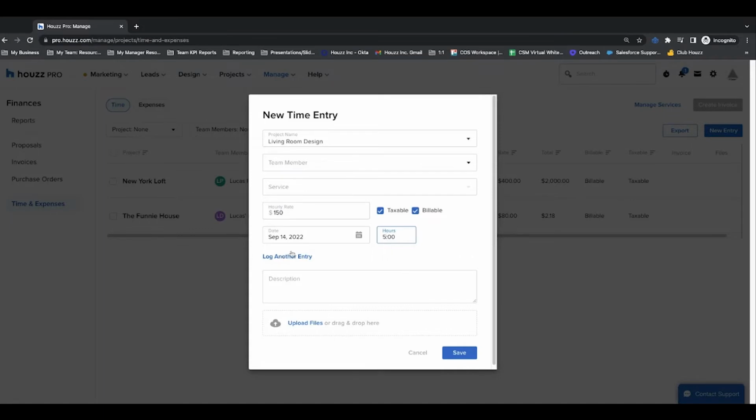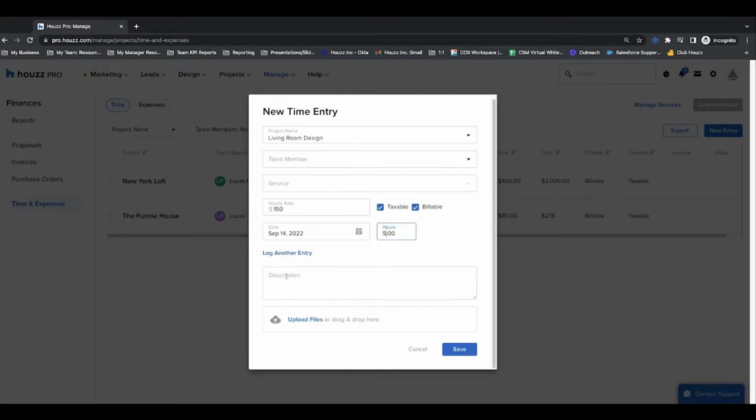You can add another entry to this as well and connect them. You can also add a description, so again, what was done during that time worked, any details that you need to include in there. And you can also upload files. So say you were creating a mood board that was a part of it, you can add in a file, anything else needed to make sure you have all of your details there. Just with showing how to add a team member,